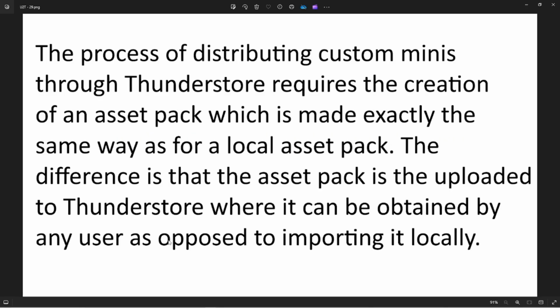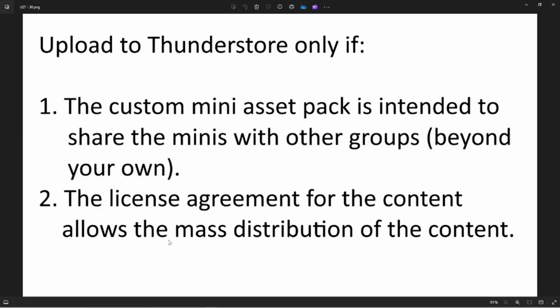So, the process of distributing custom minis through Thunderstore requires the creation of an asset pack, which is made exactly the same way as for a local asset pack, so the process we just went through. The difference is that the asset pack is uploaded to Thunderstore, where it can be obtained by any other user as opposed to importing it locally. So upload to Thunderstore only if the custom mini asset pack is